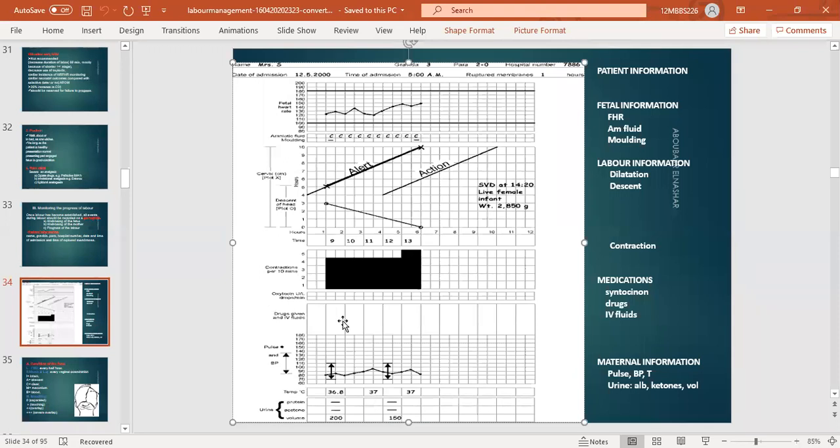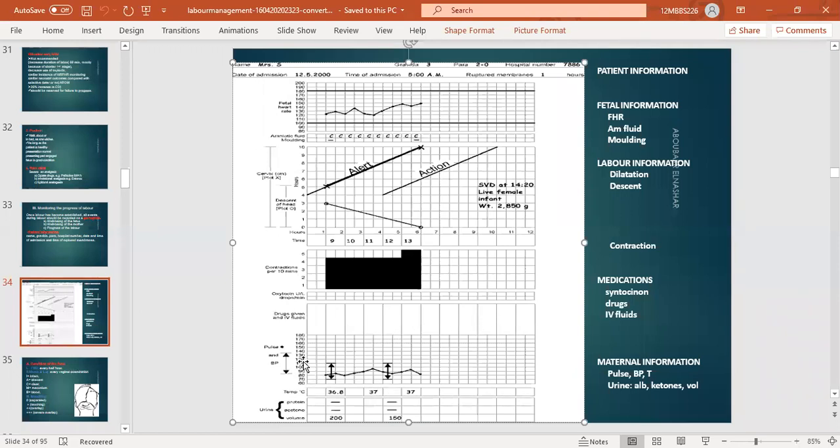Usually we prevent normal diet in labor. We give just a soft diet, or we ask the patient to take fluid but not too much, so the patient becomes dehydrated. That's why we have to give IV fluids and certain analgesia and antibiotics. Analgesia, as we discussed, can be morphine, pethidine, entonox or epidural analgesia. You have to mention in this column what type of analgesia you have given to the patient.